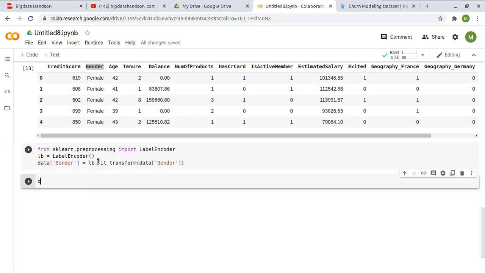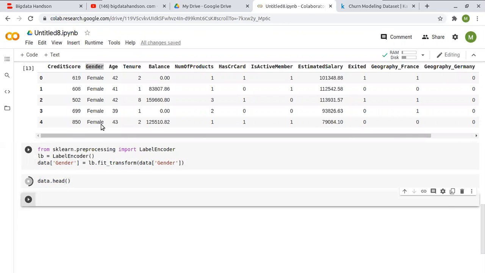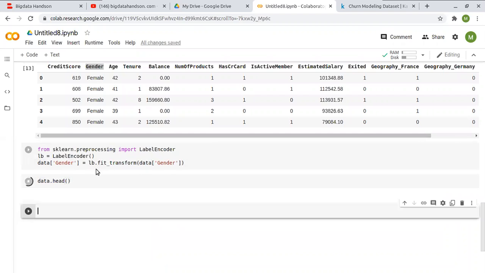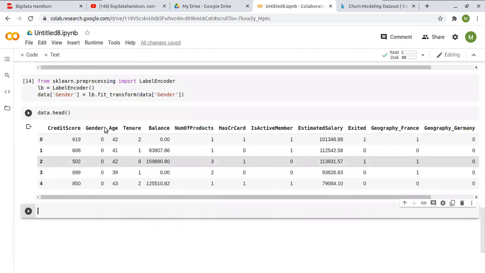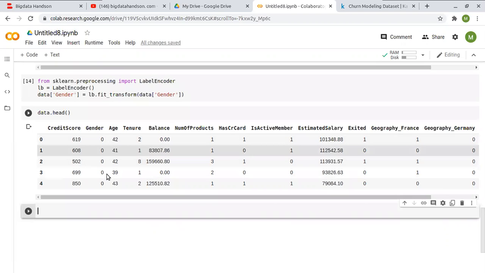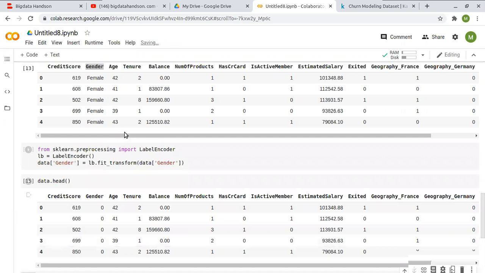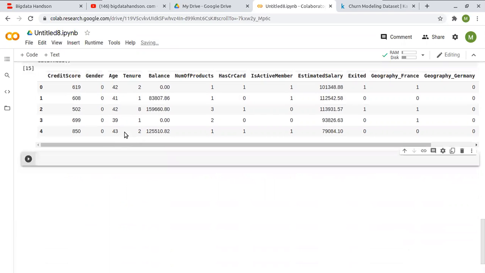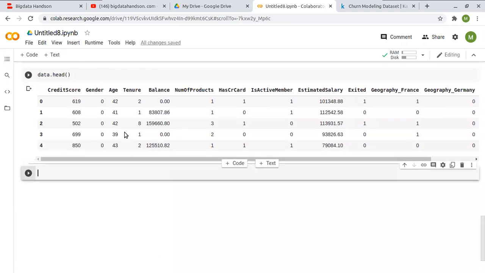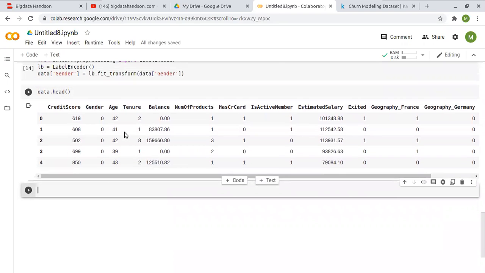Okay, so we have encoded the column. If you see again, you will see the encoded column, right? So we have encoded the gender column into 0 and 1 values. Then what I'm going to do is split the dataset into two parts, independent variables and dependent variable, so that's X and y.